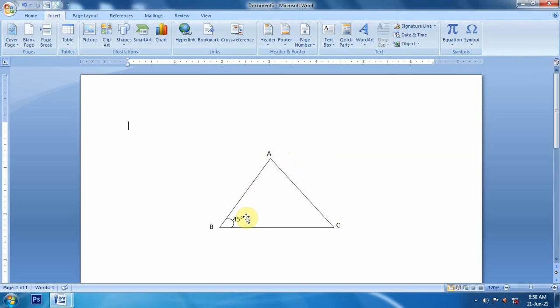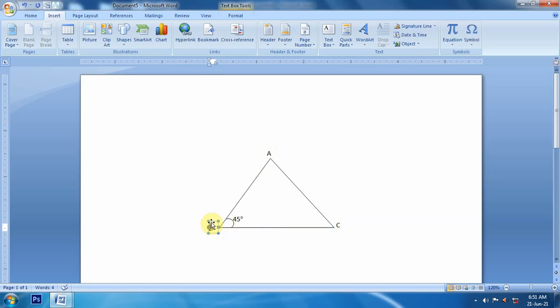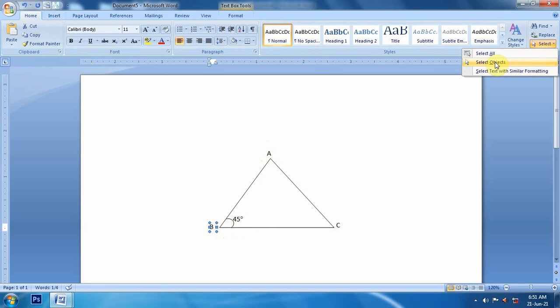Now we have to make a group of it. For this we will click on all these things one by one. I will click on this shape, press the Ctrl key from the keyboard, and bring my cursor over this shape. Or if it is not possible, I will go to Home, and select object.